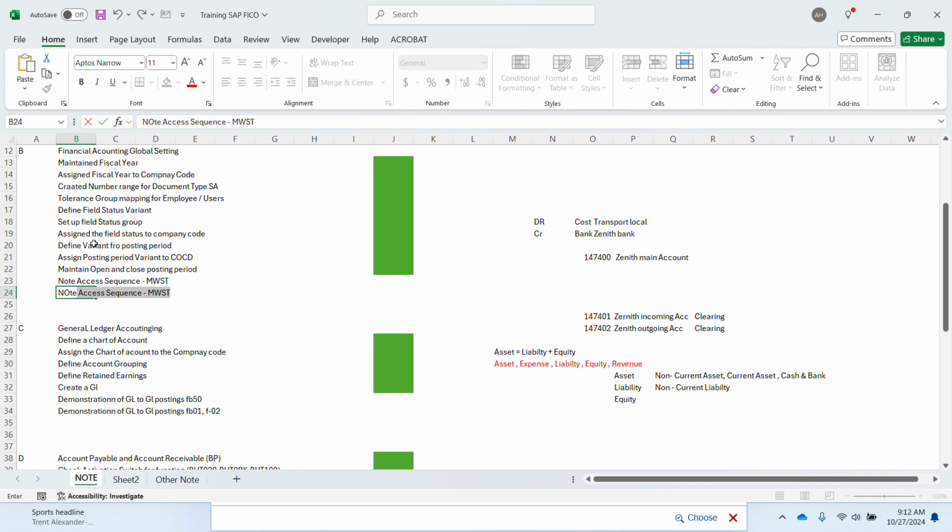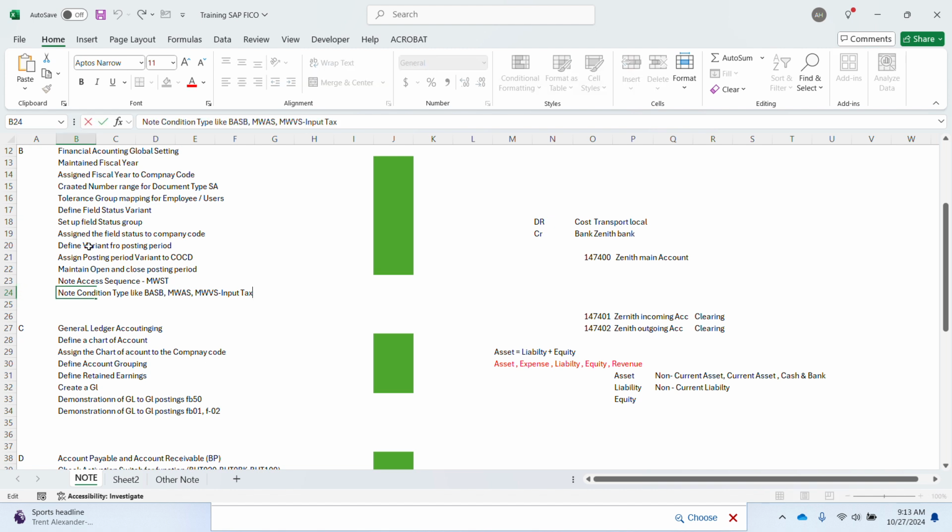Then note the condition types, like ESB, MWES, like MWVS, if I'm correct. Yeah, MWVS is input tax,